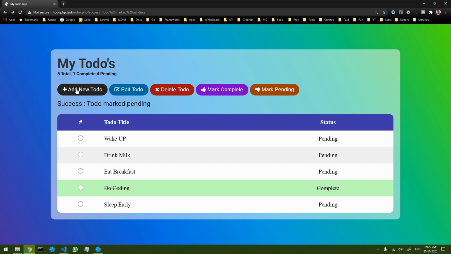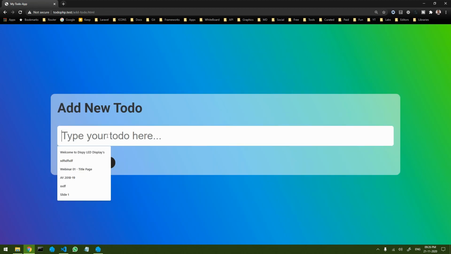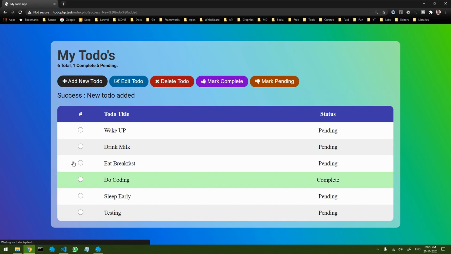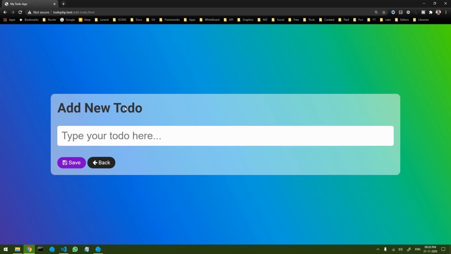Let's try to add a new to do. Let's add testing and click on save. That adds the new to do called testing. Perfect. But now let's see what an attacker will do. The first thing the attacker will do is try to find out whether your code can be attacked, or is vulnerable.